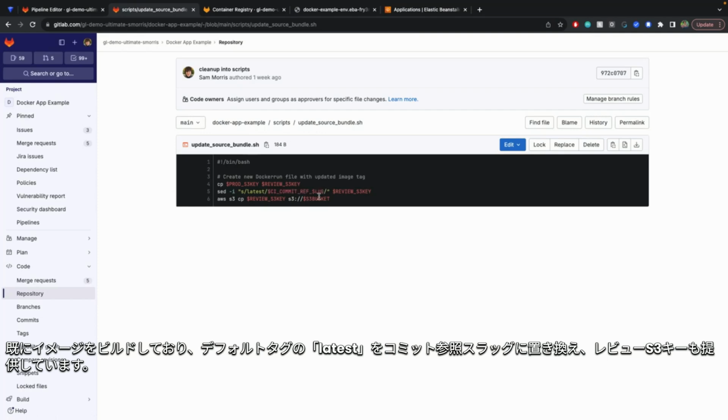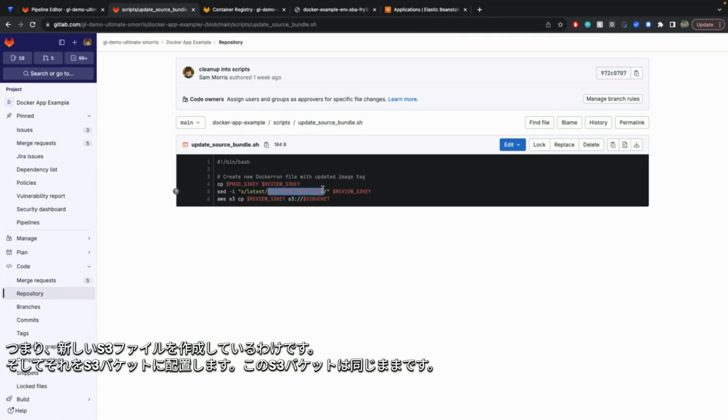So we already built our image and now we're replacing our default tag latest with the commit ref slug. And also providing the review S3 key. So we're creating a new S3 file, right? And we're placing it in our